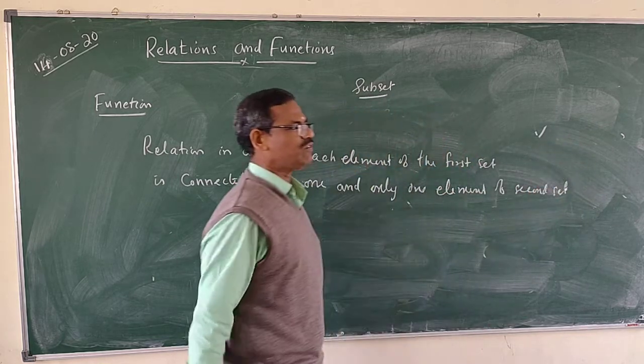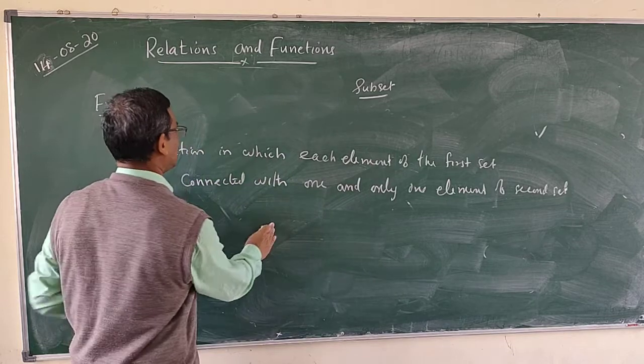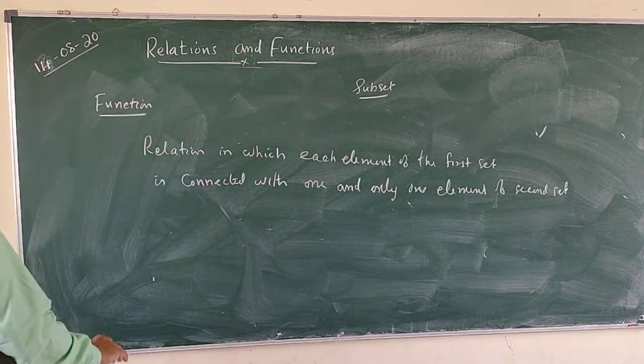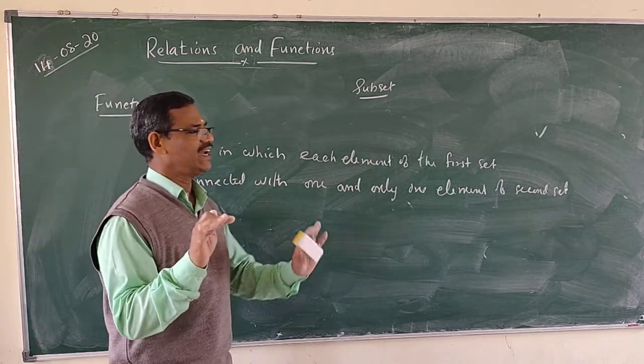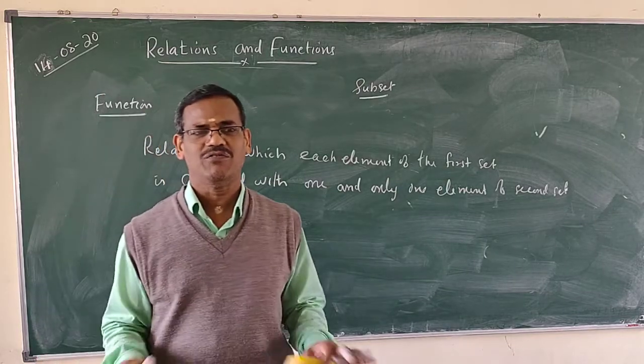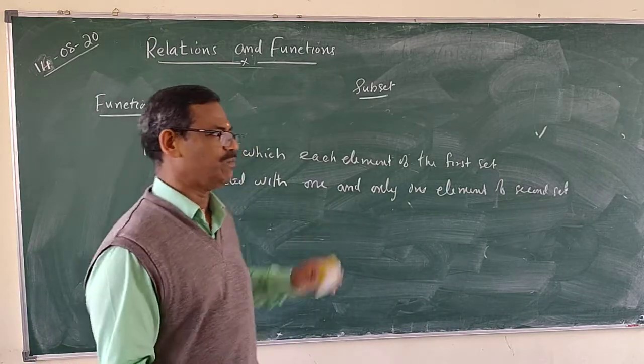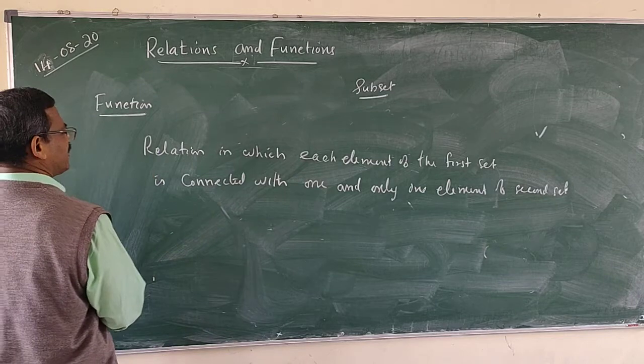That is the definition of a function. Now let us see how to distinguish them. They may give some connection and ask whether it is a relation or a function. Now let me draw some